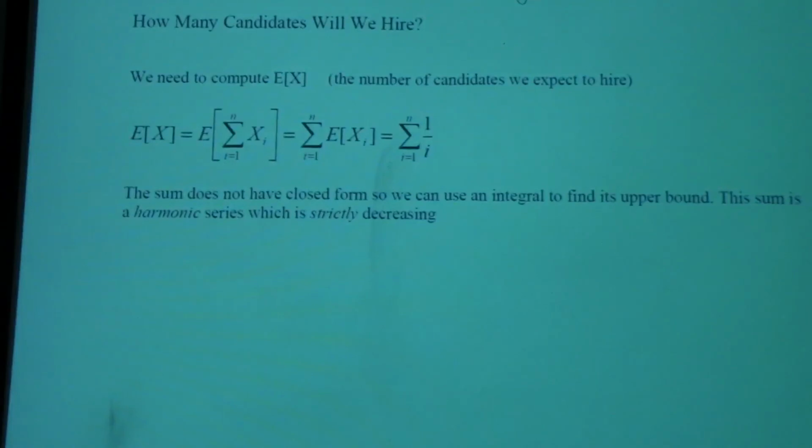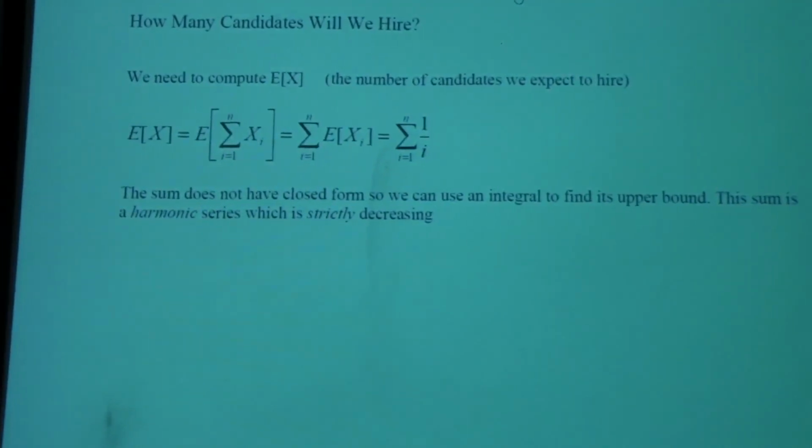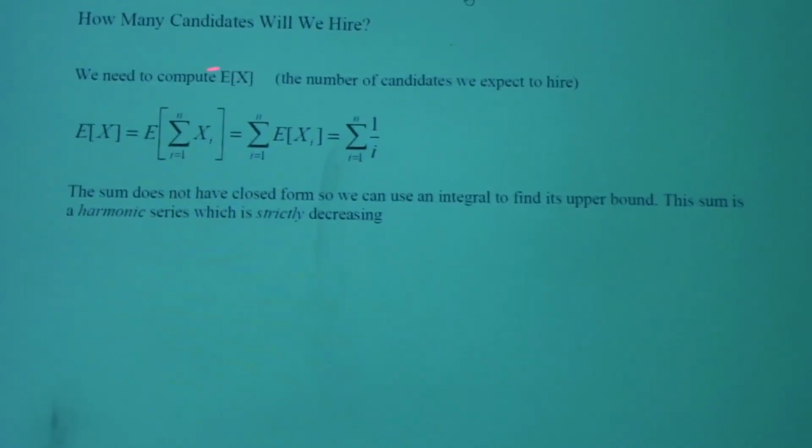So what we want to do is compute the expected value of X, which is going to be the summation of all the X sub i's. So the expected value of X will be equal to the expected value of the summation of all the X sub i's. And the expected value of an X sub I is nothing more than 1 over I for each value of I. So we will sum from 1 to n of 1 over I. We know that this sum does not have a closed form, because this is 1 over 1, 1 over 2, 1 over 3, 1 over 4, 1 over 5. We might recall that this is going to be a harmonic